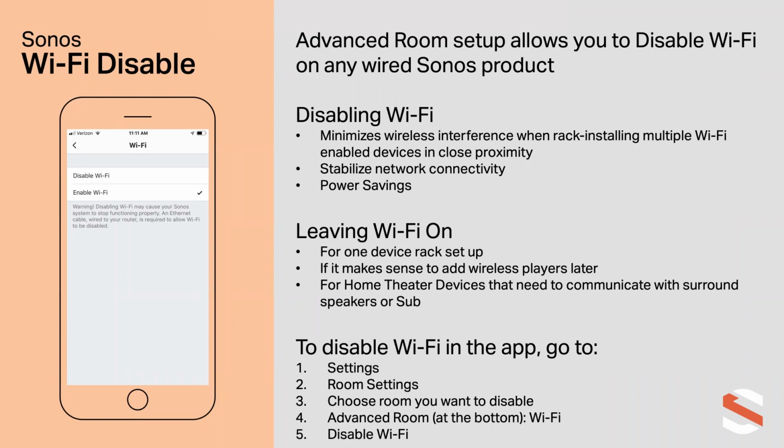Especially any of you vets who have been around for a while, you remember the Connect amps, which didn't have this option. We didn't have the software made then, so you have 15 Connect amps in a rack, all really close to each other. They're all making a mesh network by default, but they don't need to be because they're wired. So that could cause a lot of interference potentially. So turning the Wi-Fi off is nice in that scenario, but there are a couple scenarios where it makes sense